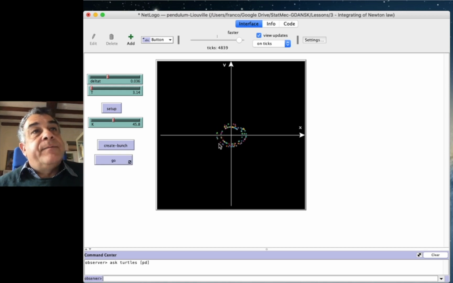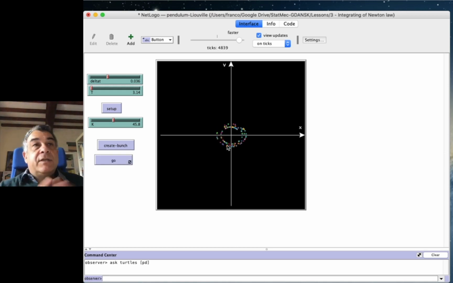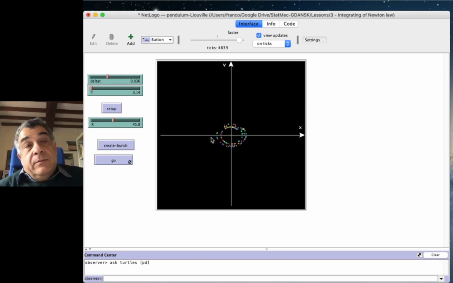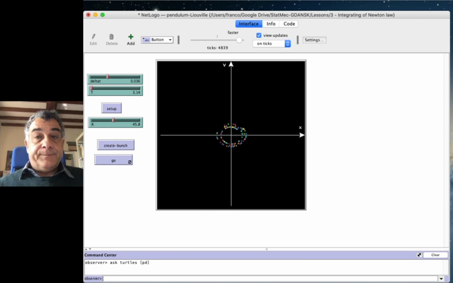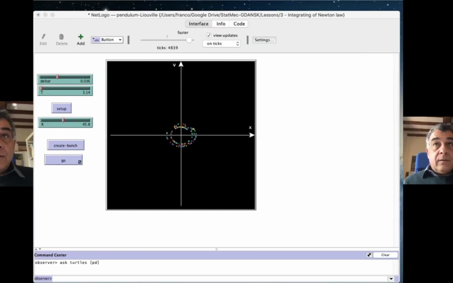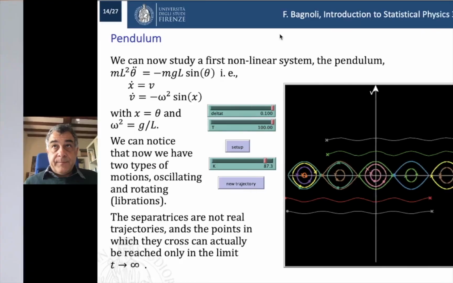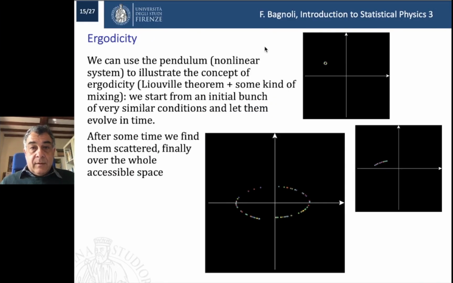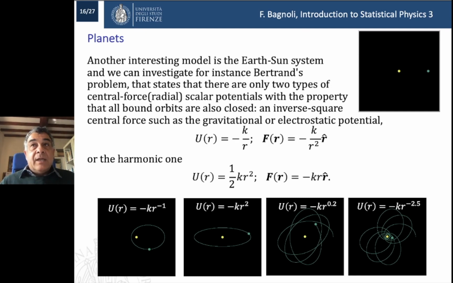Okay. I have the distribution of oscillations on all the available space. Okay. So this is the essence of ergodicity. I mean that the system tends to occupy all available space, and we can also investigate another interesting aspect,